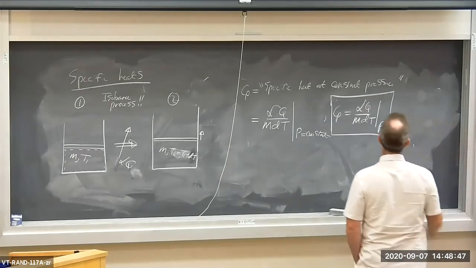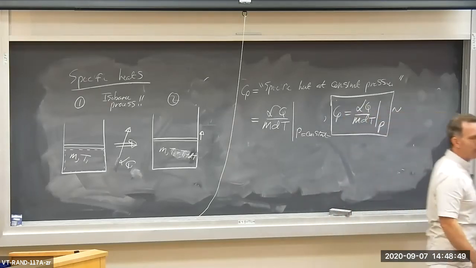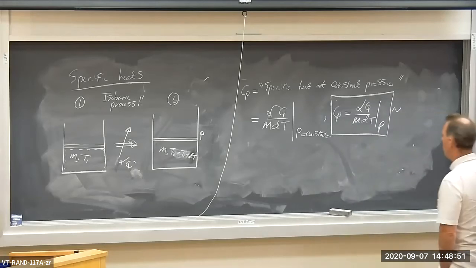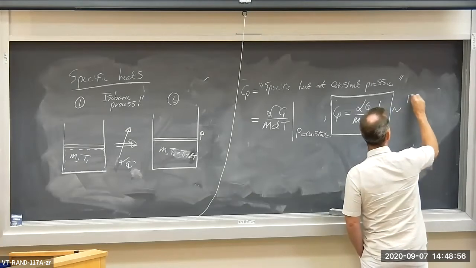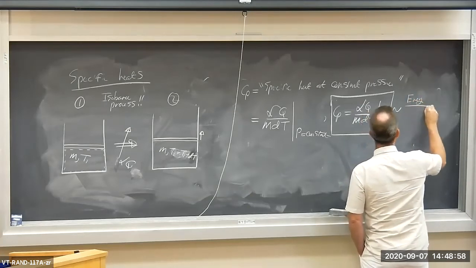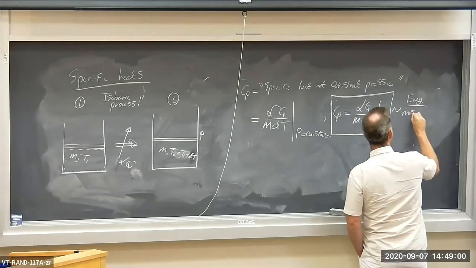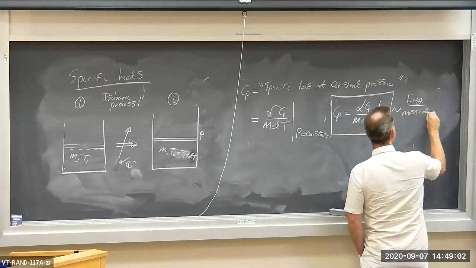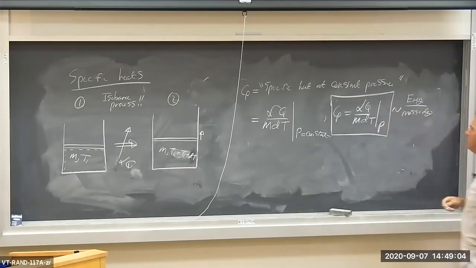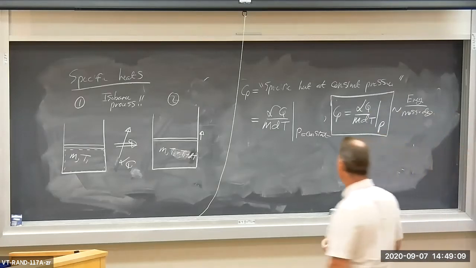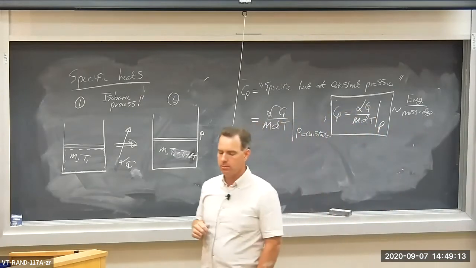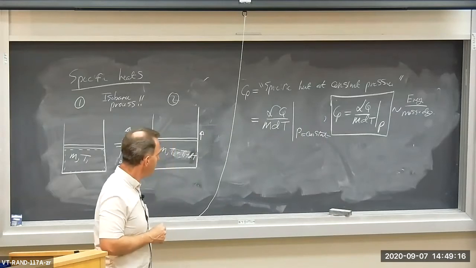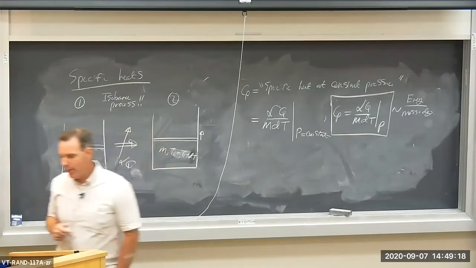What are the units of this? Well, in metric, well, in anything, I guess, energy per unit mass per degree. Hence, Cp is the energy required per unit mass per degree for a system. Okay, so that's Cp. There is another